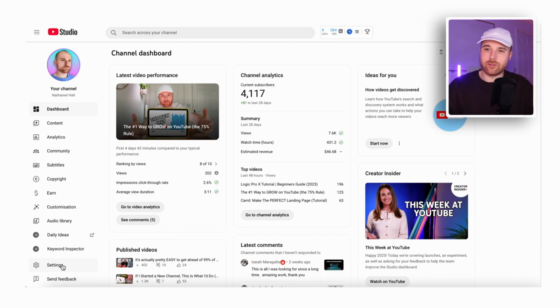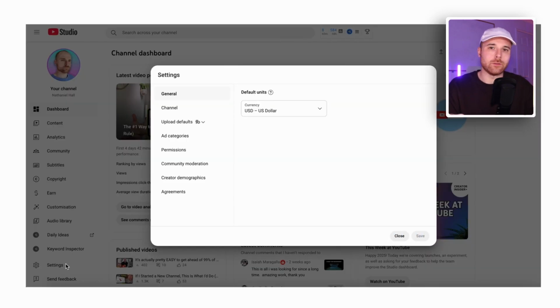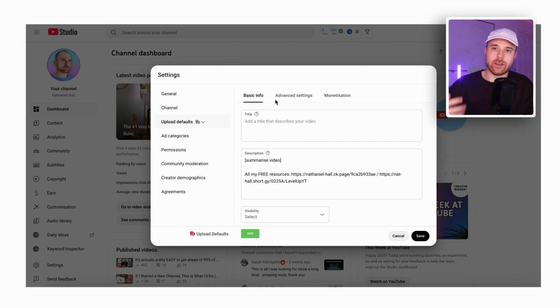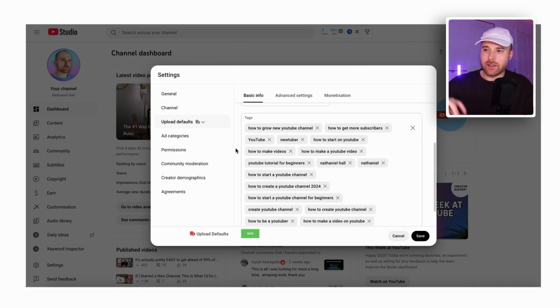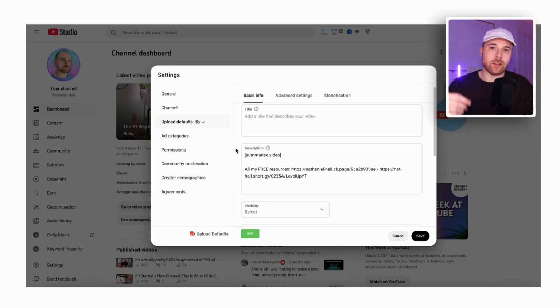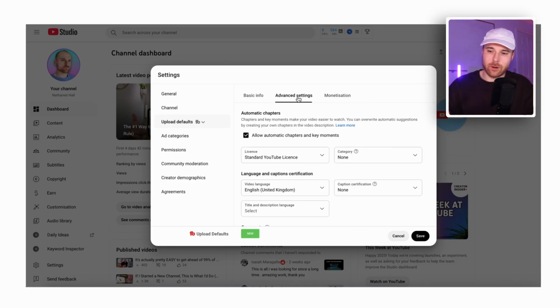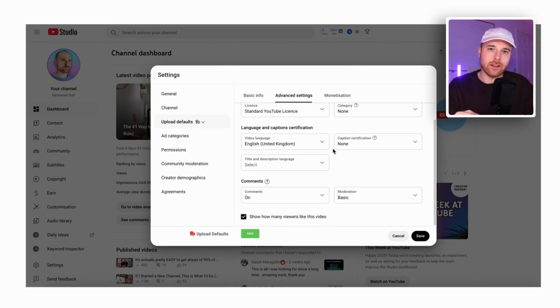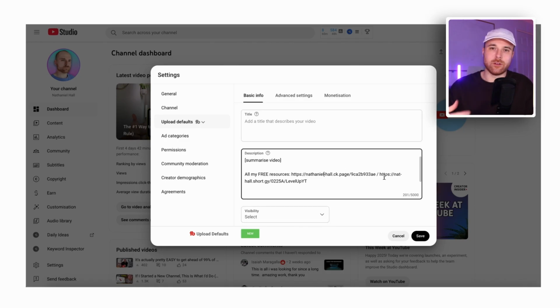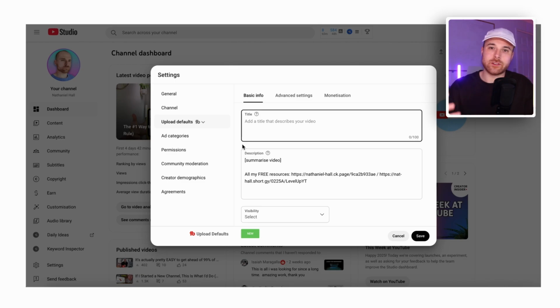Well, inside YouTube settings, there's a section called Upload Defaults. This lets you pre-fill your video description, visibility settings, monetization, tags, basically everything that you have to do when you upload a video. So this means that from now on, every time you come to upload a video, all of your core settings will be applied. And all you have to do is update your title and your description rather than starting from scratch,